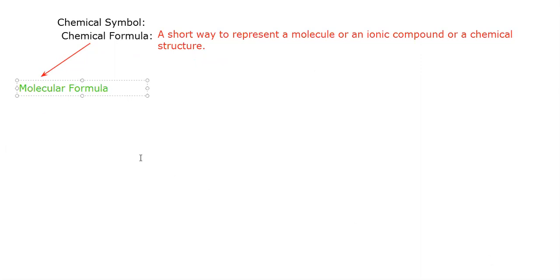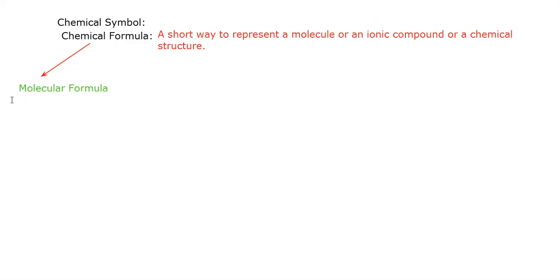Walaikum salam, beta. Welcome to the class. Today, beta, we are going to focus on chemical symbol and molecular chemical formula. The first type of chemical formula is called molecular formula, and that type of formula represents the particular atoms found in a molecule, the quantity of atoms that can be found in a molecule.